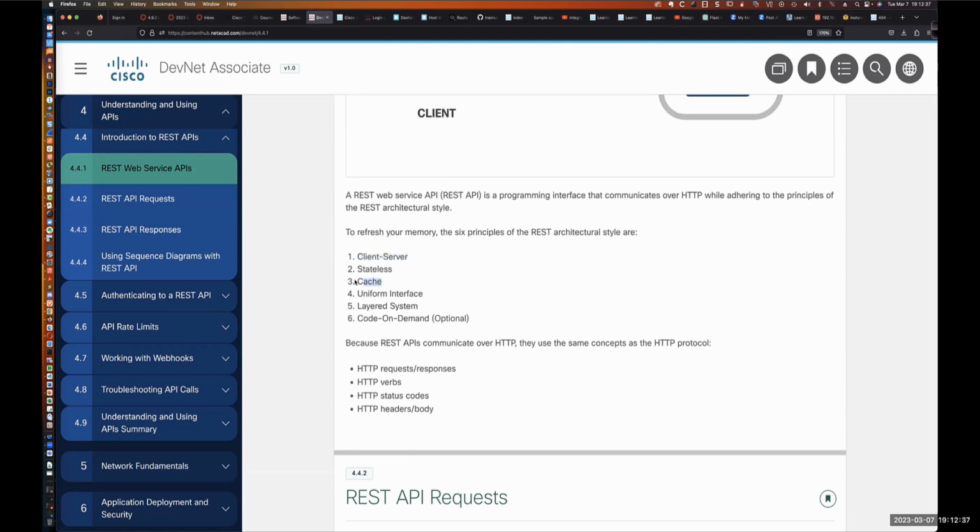And then you've got cache, right? And this is going to be something you would find in one of the headers as to whether or not the information could be cached by the client to be used again. You've got a uniform interface. That way, all of the clients are interacting with the server in the same way. Then you've got a layered system, and then the optional one is the code on demand. And so those 6 categories right there, and the 5